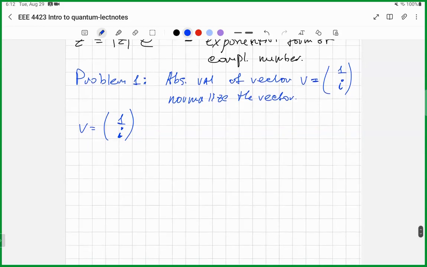Right. To do so, first of all, this vector is complex valued, and for the length, for the absolute value of this vector, we need to find the complex conjugated vector, which is 1 and minus i, right? We just change the sign of the imaginary unit. So we get minus i here. So for the absolute value squared of this vector, we need to multiply this vector by the complex conjugated vector. So we write for the first one 1, i,